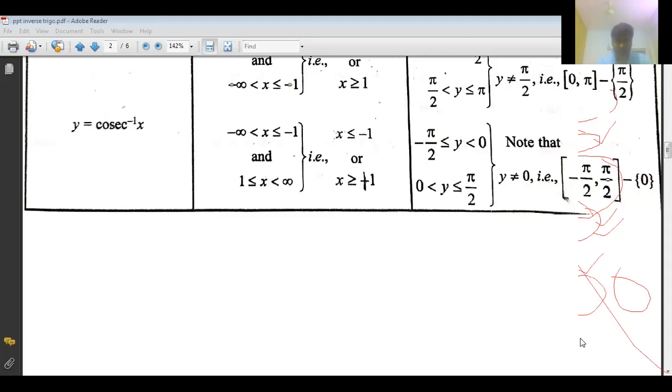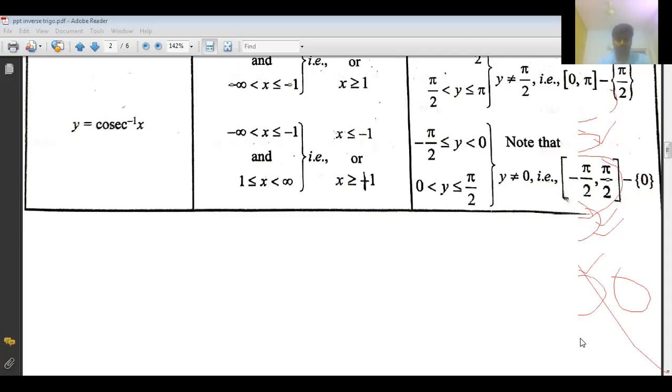Now sine inverse of 1 by root 2. We can write pi minus pi by 4, or pi by 4 also we can write. Sine 45 is 1 by root 2 here. So sine 45, sine inverse and sine get cancelled, pi by 4. So does pi by 4 belong to this interval, minus pi by 2 to pi by 2? So that is the principal value of that. We've discussed that, right?